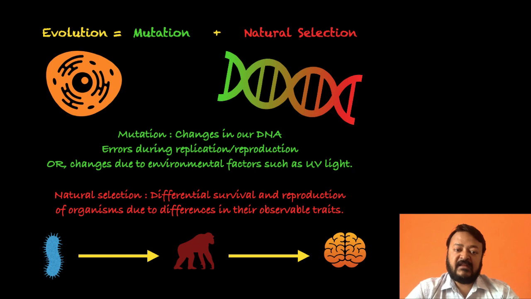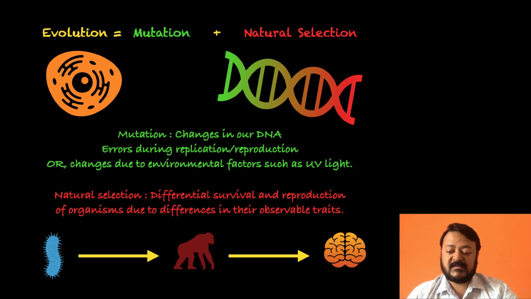And so one example that we all see of this biological evolution is this progression from a single cellular bacteria, which you see on your screen, to chimpanzees, which are a lot more complex than bacteria, and then these chimpanzees further evolved into humans, that is us. And all this happened by just this two-step process of mutation and natural selection. Although it's a very slow process, still it can lead to infinite amount of variety in biological organisms that we see all around us.